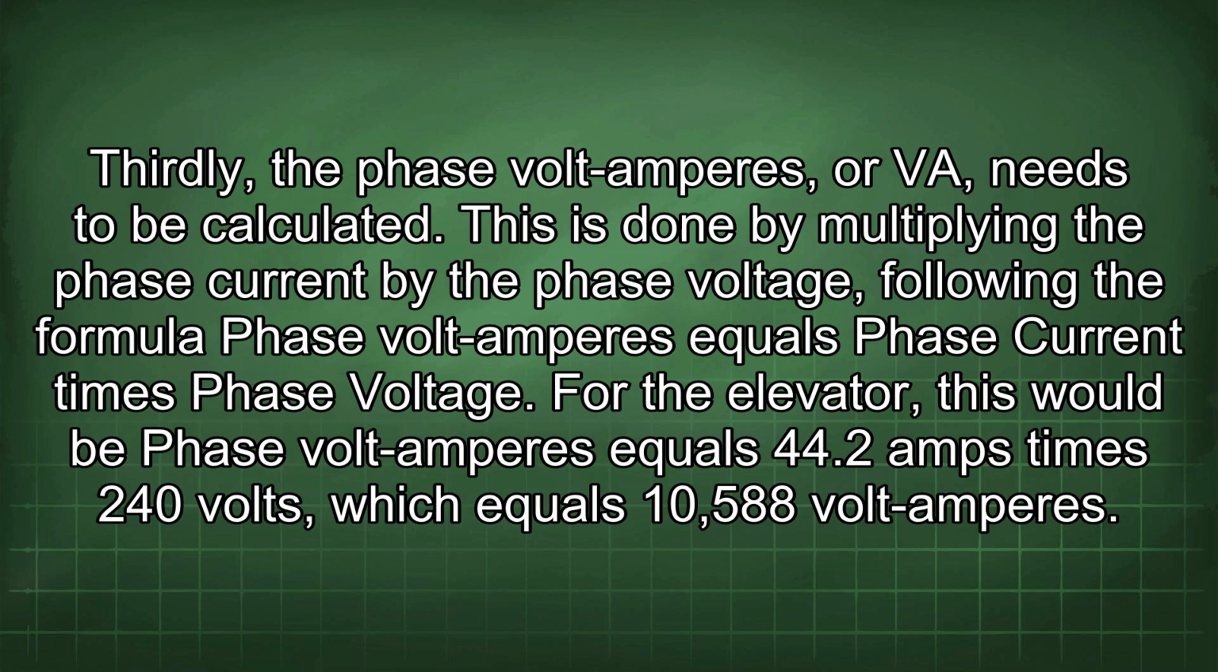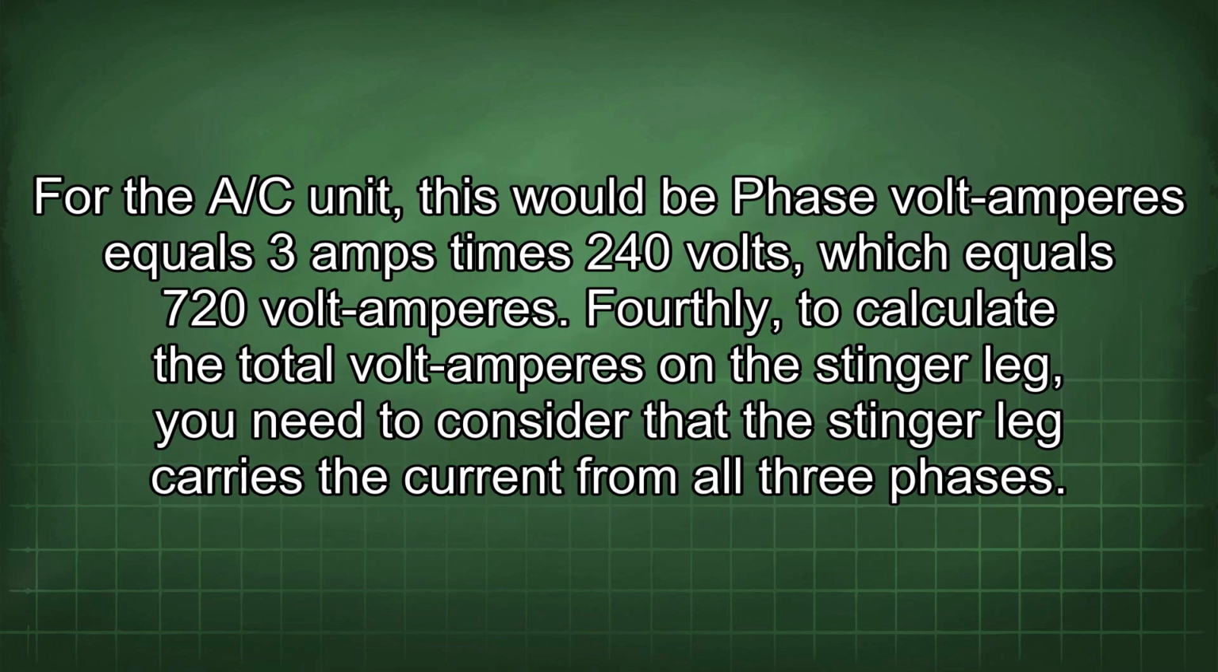This is done by multiplying the phase current by the phase voltage, following the formula phase volt amperes equals phase current times phase voltage. For the elevator, this would be phase volt amperes equals 44.2 amps times 240 volts, which equals 10,588 volt amperes. For the A/C unit, this would be phase volt amperes equals 3 amps times 240 volts, which equals 720 volt amperes. Fourthly, to calculate the total volt amperes on the stinger leg, you need to consider that